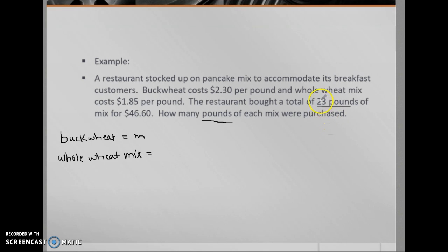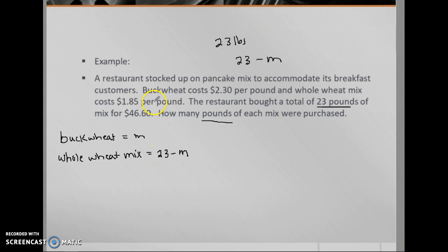So if we know that there's a total of 23 pounds, so we've got 23 pounds total, and I know that m of those pounds is buckwheat, if you subtract 23 minus m, you're subtracting off the number of pounds that are buckwheat, and so then what's left over is the whole wheat pounds. So your expression for whole wheat is going to be 23 minus m, representing our total of 23 pounds minus what we know are buckwheat pounds, so minus m. Now that we have these two expressions or variables to represent our unknown values,